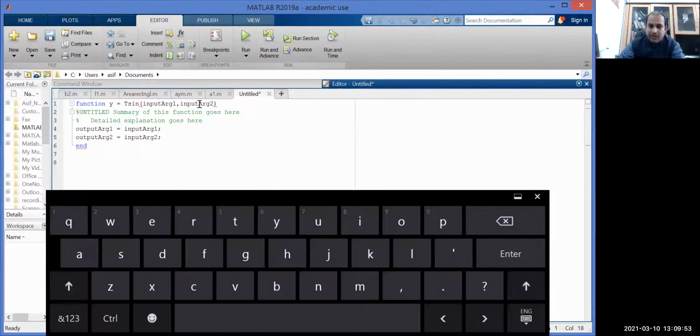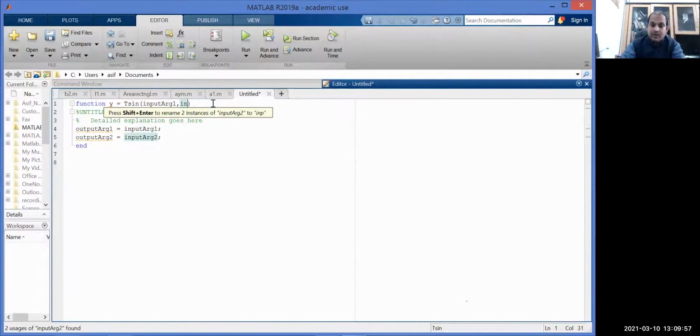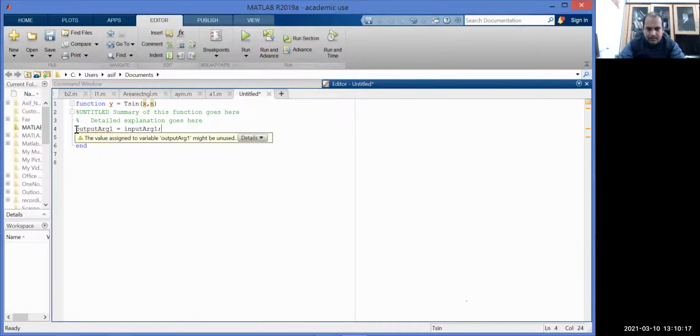And how many input variables are there? They should be separated by comma. So two variables are there, x and n. x comma n. So this is our function file. Now you have to write the command which you need to execute. Before that, I need to convert